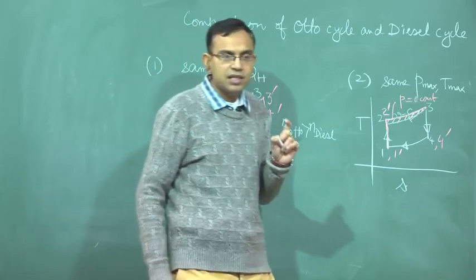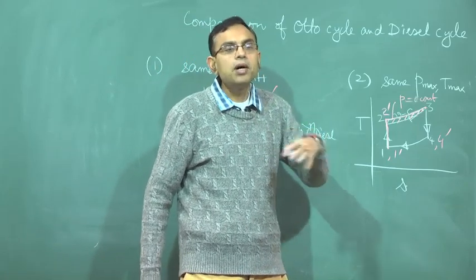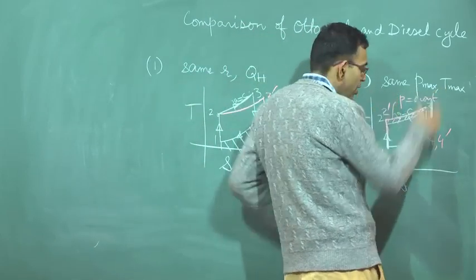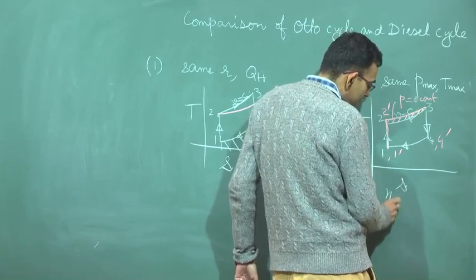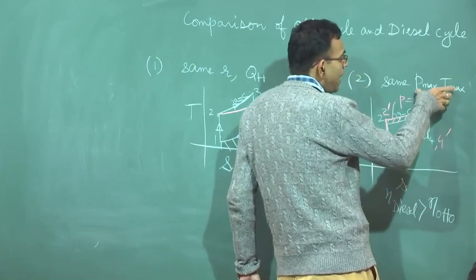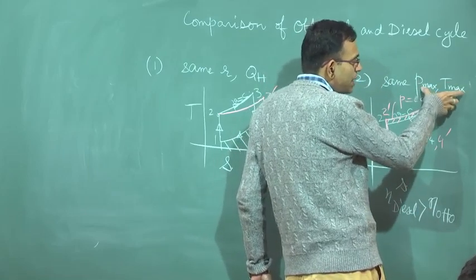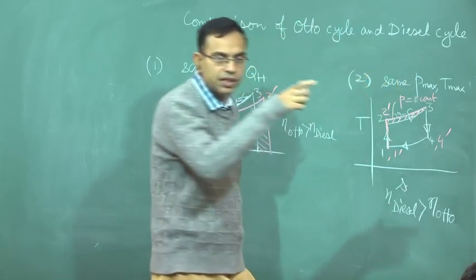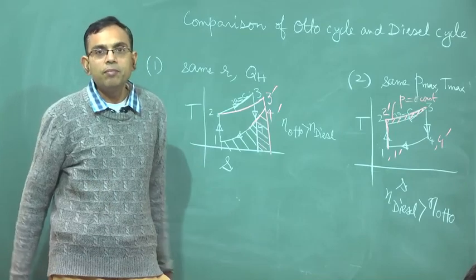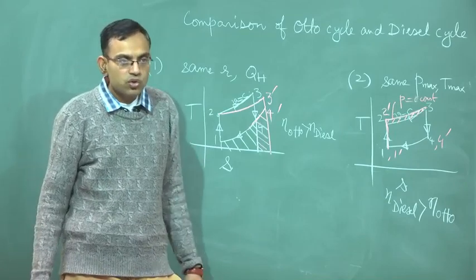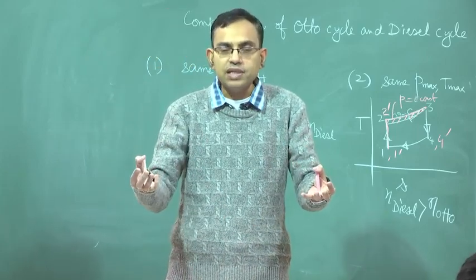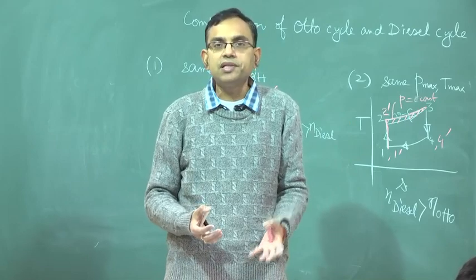So, for the same heat rejection, if you have more heat addition, you have more efficiency. This is a more logical way of comparing the two cycles, and here you can see that eta diesel is greater than eta Otto, because practical engine constraints are mostly dictated by the maximum pressure and maximum temperature it can withstand, and not intrinsically by the compression ratio. So if somebody asks you whether the Otto cycle has more efficiency than the diesel cycle, or the diesel cycle more than the Otto cycle,